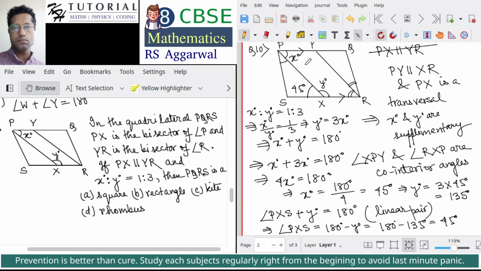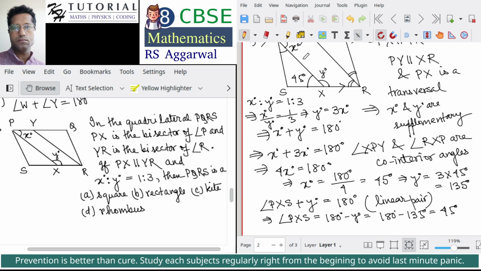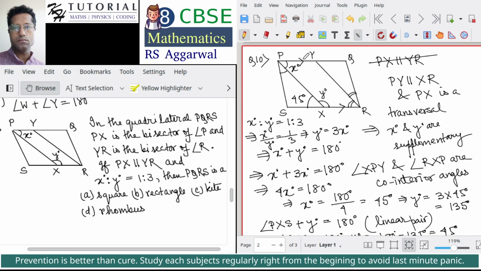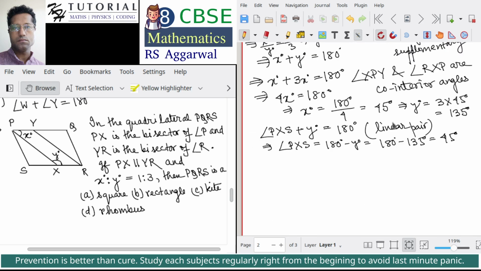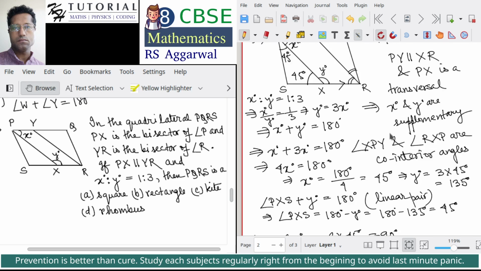Now, X is 45 degree. So this means this angle will also be 45 degree. Since X degree is half of angle P, so what is angle P? Angle P is 2 into X degree. This is equal to 2 into 45 degree, which is equal to 90 degree. So angle P is 90 degree. Also